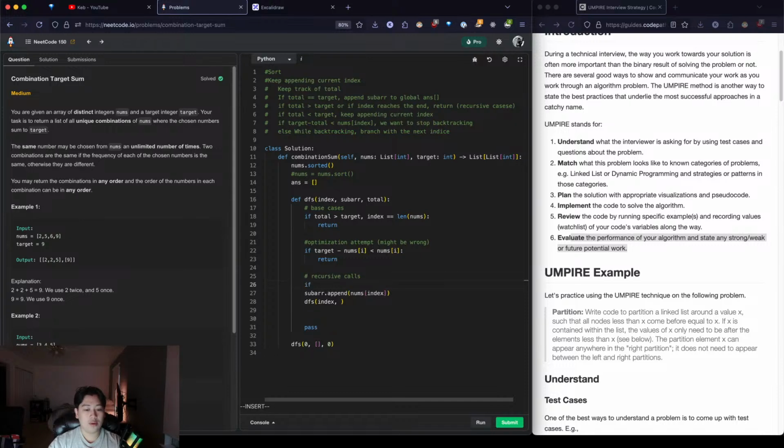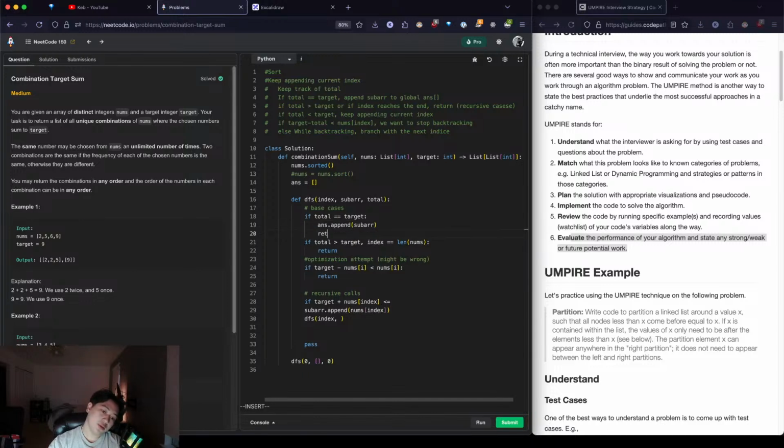if target plus nums of index is less than or equal to, and then we also have to do if total equals target, then we want to append our subarray and then return. So there are a lot of base cases I need to combine later on, but that's where I'm at right now. And then we want to make sure that